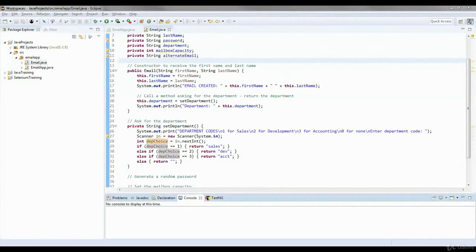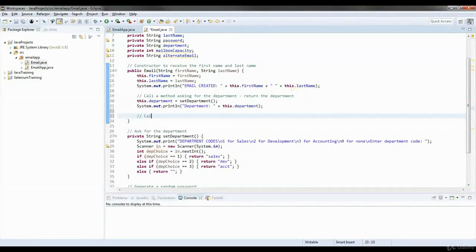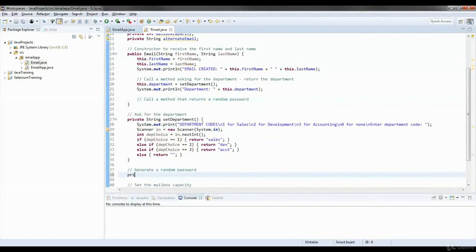Alright, let's generate a random password now. So this might be new for us. So after we create the email, or we get the name and last name, and we get the department, then we can call a method that returns a random password. Okay, so just like we had a set department private method, so we also have a private string, say generate random password,